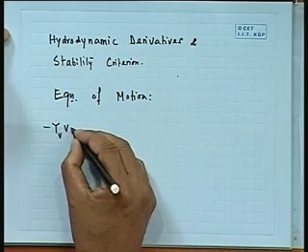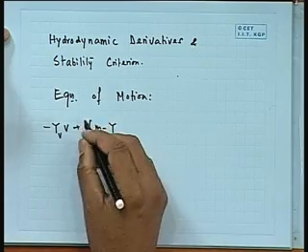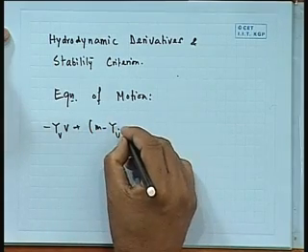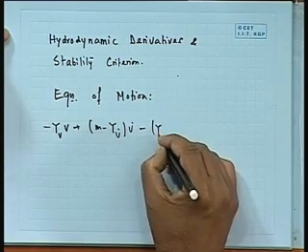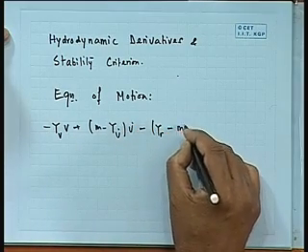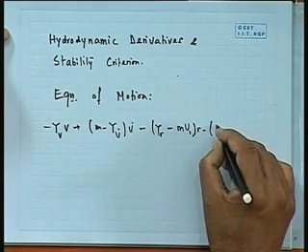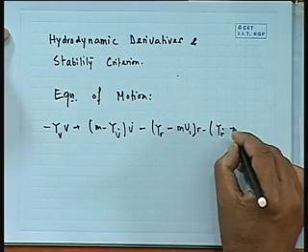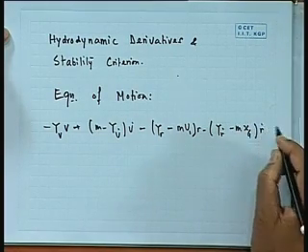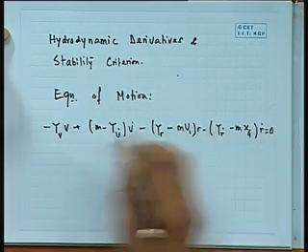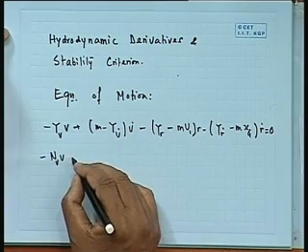It was something like (Y_v dot) minus Y_v, minus Y_r, minus m u_1 r, minus... this was one, the sway equation, and we had